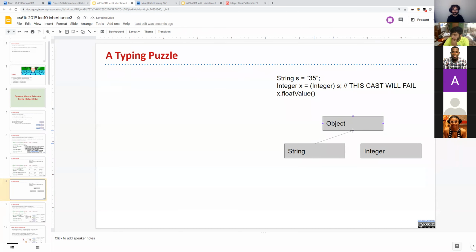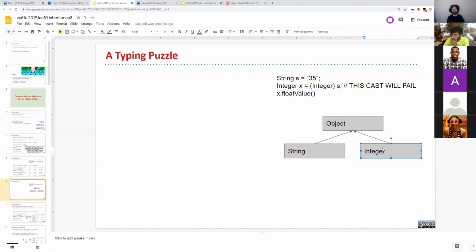Java will actually check and observe that because of the shape of this inheritance tree, there's no way that a String could be an Integer. They're siblings, or cousins, in the inheritance tree. There's no direct line of descent from one to the other. Like an Object could be an Integer, but a String could never be an Integer.